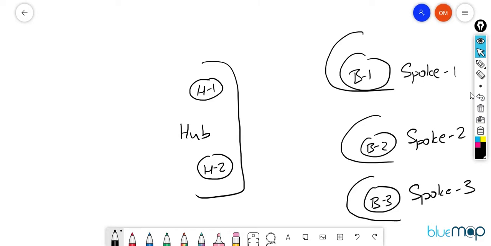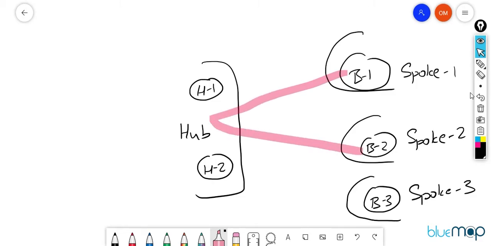Now when you talk about a hub and spoke scenario, how does our traffic flow? If branch 1 now wants to communicate to a network which is behind branch 2, the communication would be something like this, and it won't be the direct communication which we are having right now, because that is the case of a full mesh scenario which we don't want to have. The only communication we want is that if any of the spokes want to talk to each other, the communication will be via the hub. So this is what we have to implement in today's video.